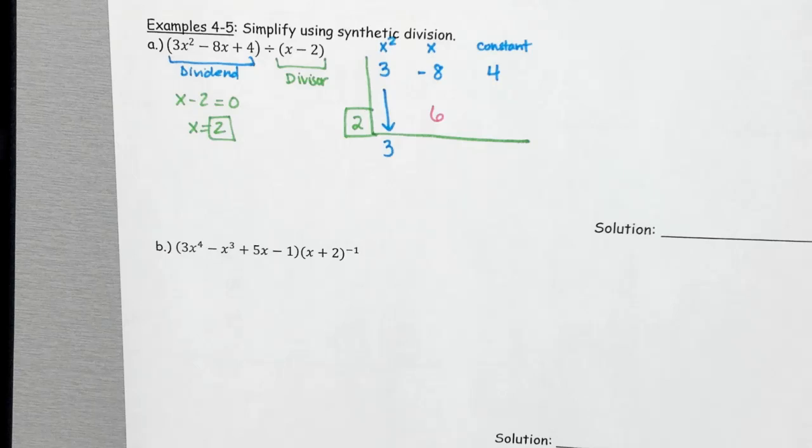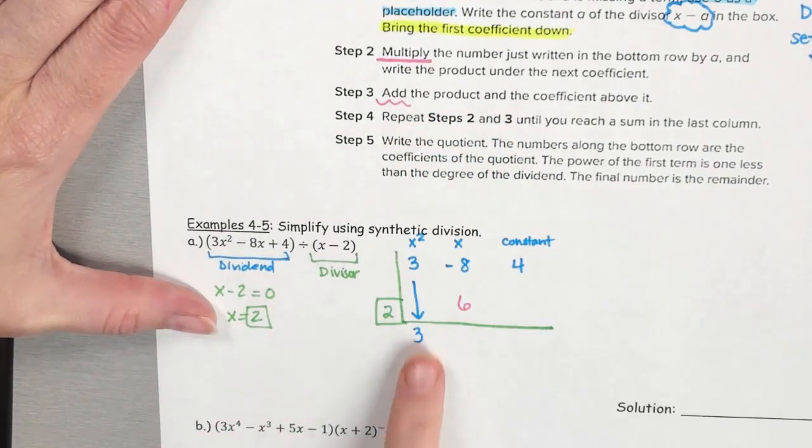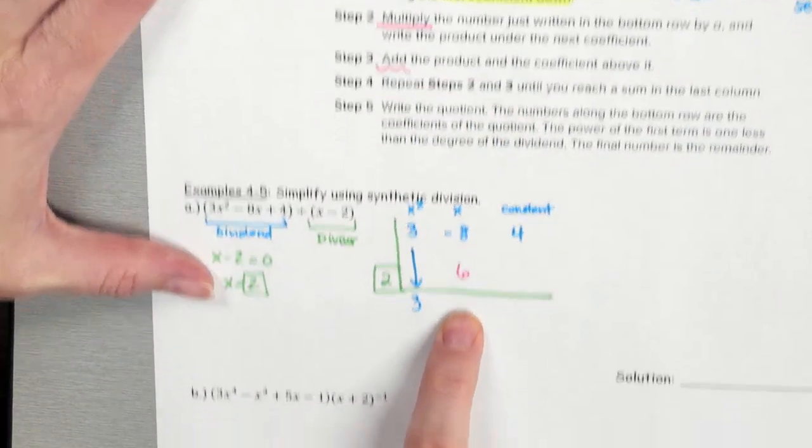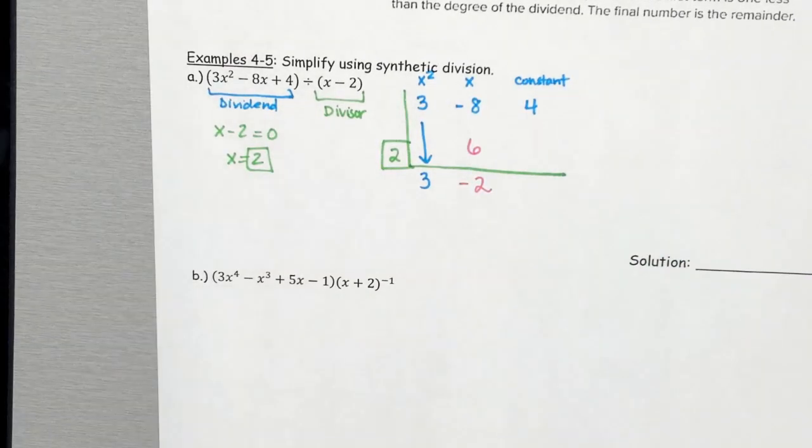Okay, so if you drop the first number down, you're going to multiply. And then if you look at step 3, it says we're going to do what to those two numbers? We're going to add those two numbers together. Okay, so step 3, add the product and the coefficient above it. So if I add negative 8 plus 6, what do I get? Negative 2,